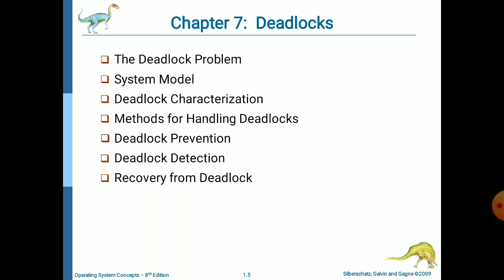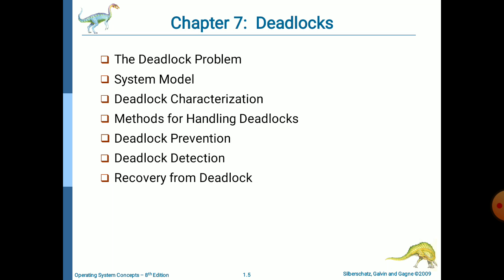So here the topic we are discussing is deadlocks, which means that in a system many processes will be executing, and those executing processes may enter into a state called deadlock, which means that no process is getting executed. Every process is depending on another process to release some resources, or waiting for another process to execute, but still they are not completing their execution. This situation we call a deadlock.